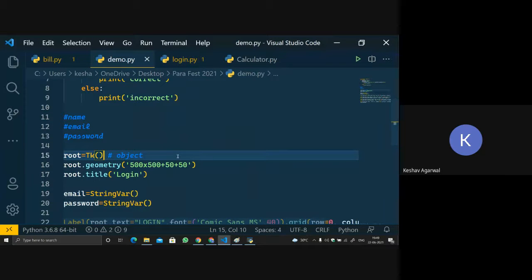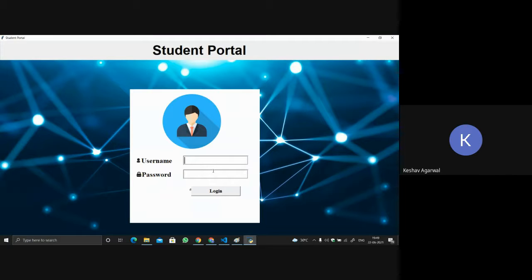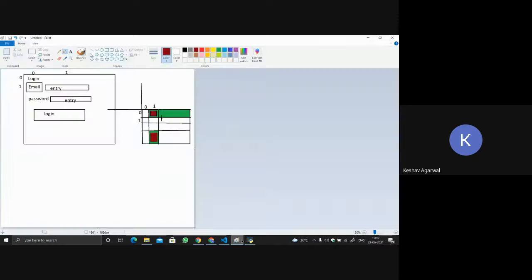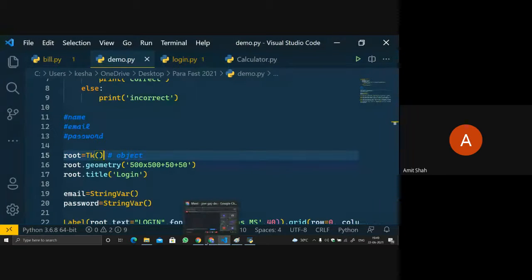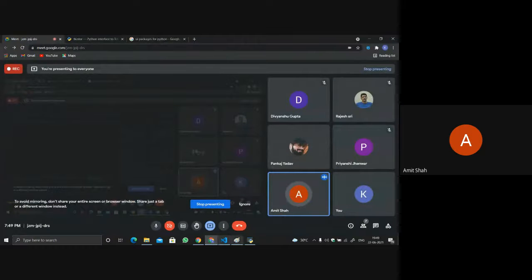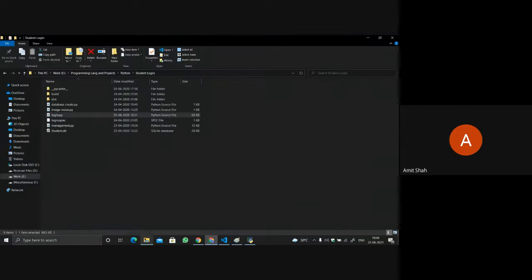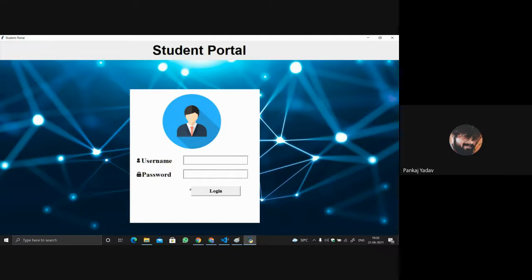No, we cannot use linking. Just like I told you, we have to use destroy and create. Again and again we will destroy frames and then create frames. Pankaj, we cannot link that thing, but we can make a module and then jump towards that: make one file for the same module, copy it for the other module, and give one command checking the condition whether it is right or wrong, and then call that module. See, Pankaj, over here I have used two modules, login and management, to show this application.